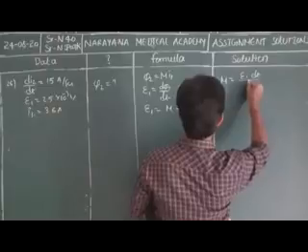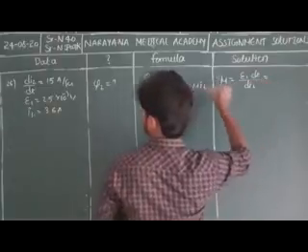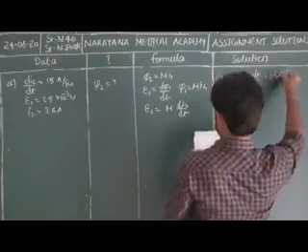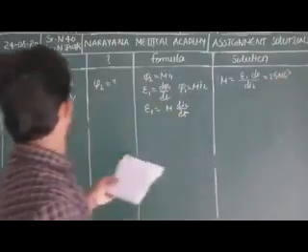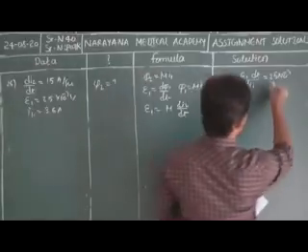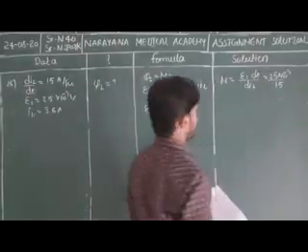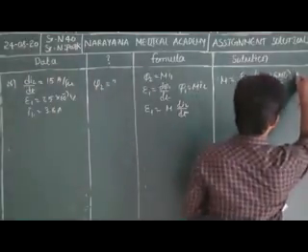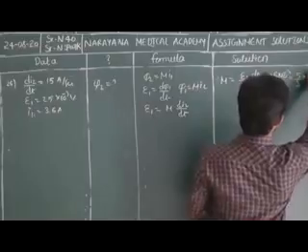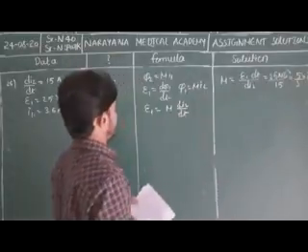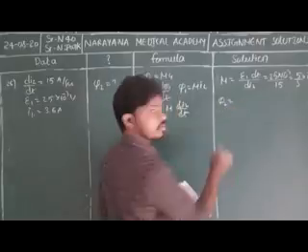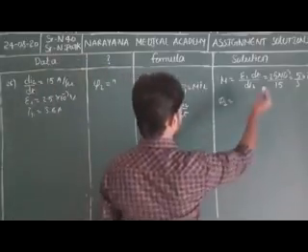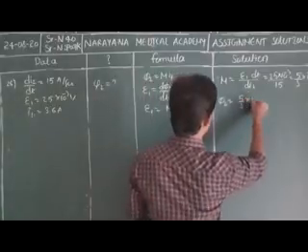So if you want M, M is equal to epsilon 1 dt by di2. So what is epsilon 1? Epsilon 1 is equal to 25 into 10 to the power of minus 3 dt by di2, that is nothing but by 50. So M is equal to 25 into 10 to the power of minus 3 by 15, which is nothing but 5 by 3 into 10 to the power of minus 3.